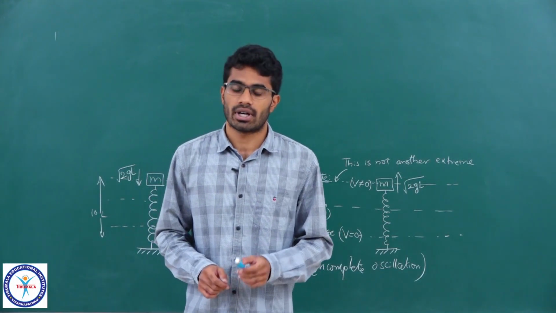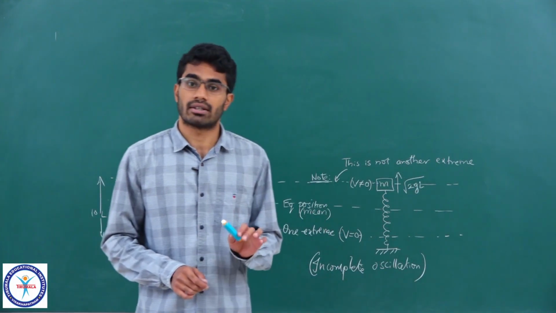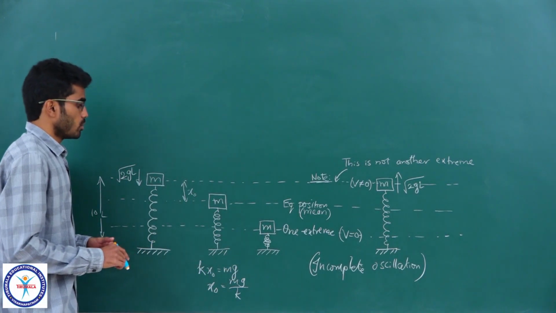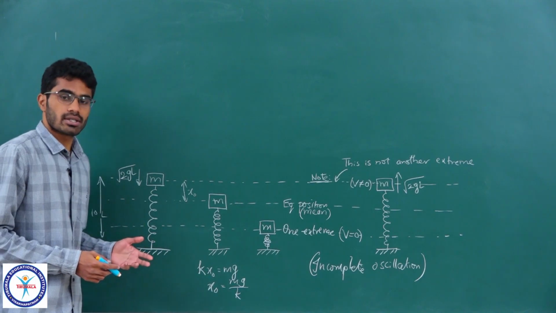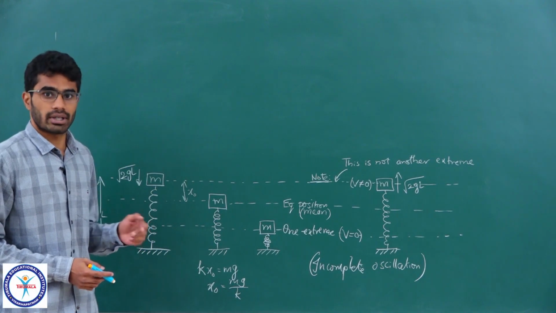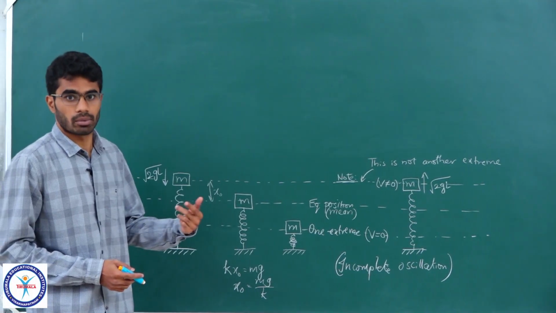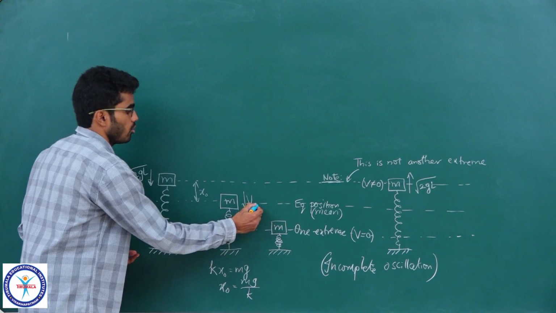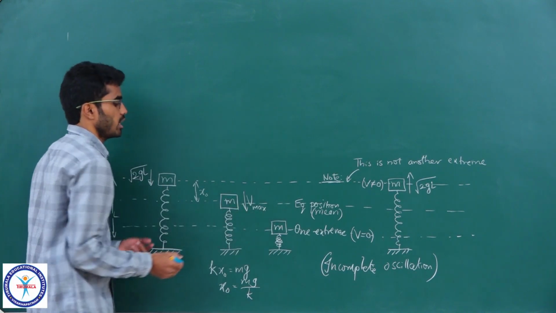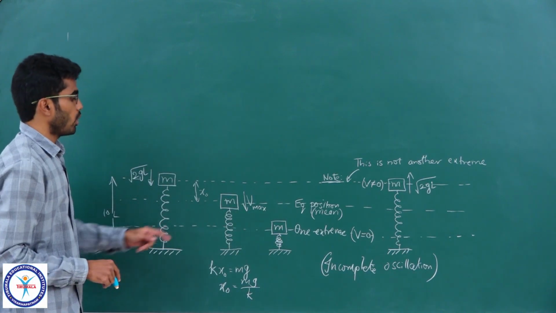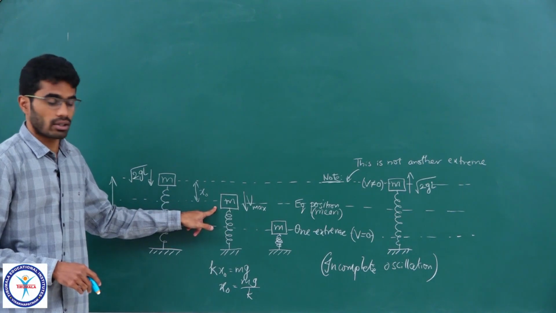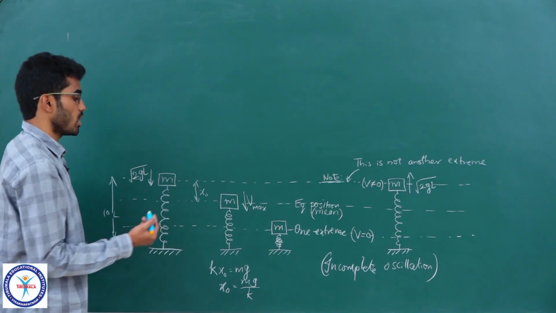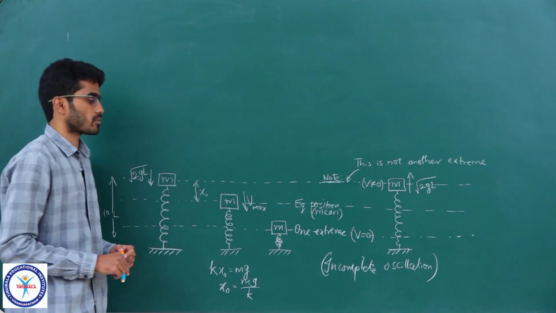So, the first question is we have to calculate the force exerted by the spring at the instant when velocity of the block is maximum. So, we know that during oscillations the velocity of the object will be maximum at the equilibrium position while it is crossing the mean position. So, as it is crossing this mean position, the velocity will be of maximum value, it will have the largest speed. Now, at this instant they are asking to calculate the force exerted by the spring. So, that will be equal to mg because it is equilibrium position. So, our first question's answer will be mg.